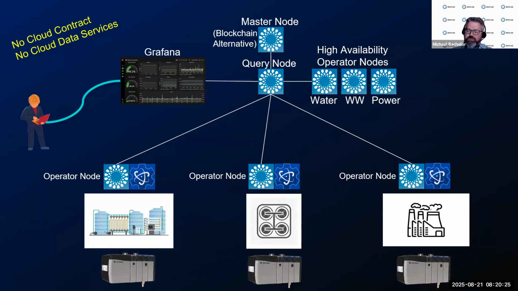That's going to be a choice, and it depends on how you want to do it. Some plants will not want a peer-to-peer, perhaps just for IT policy, and they are okay with a pipe between them and a centralized node that they're controlling somewhere. So you follow that rule, and this can manage that. But that's a choice, master node or blockchain. Either way, it's the same data lake.